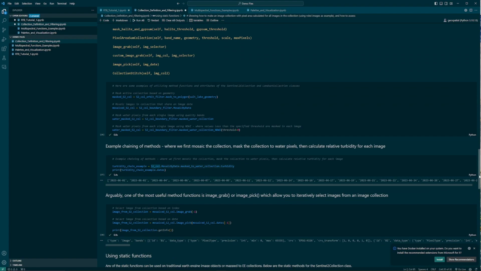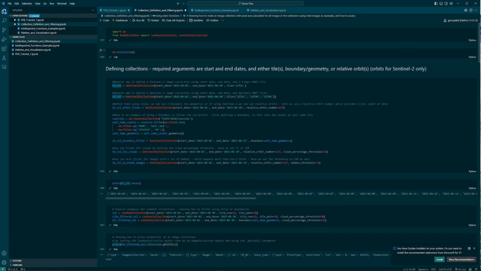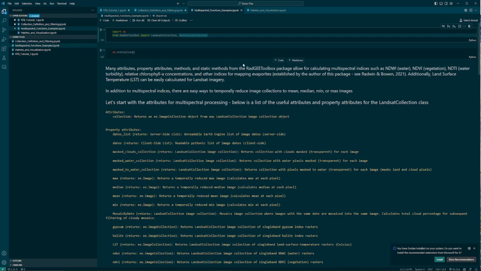So that is the first example of how to define and filter image collections using these classes, and the various different ways you can use the different methods within these classes to get basically to the same things. Next, I want to talk about using some of the multispectral functions available. So first we'll import, select kernel,